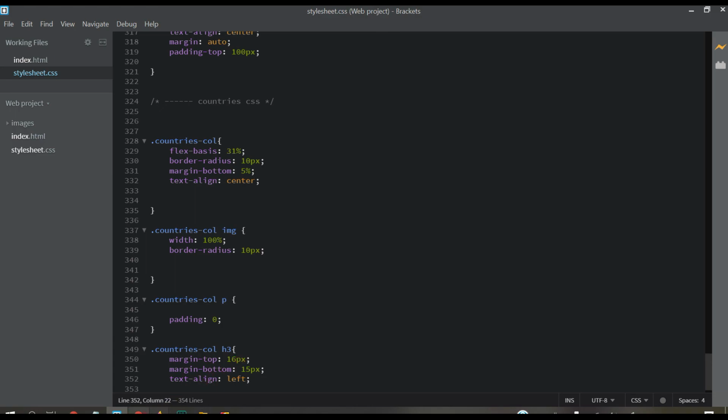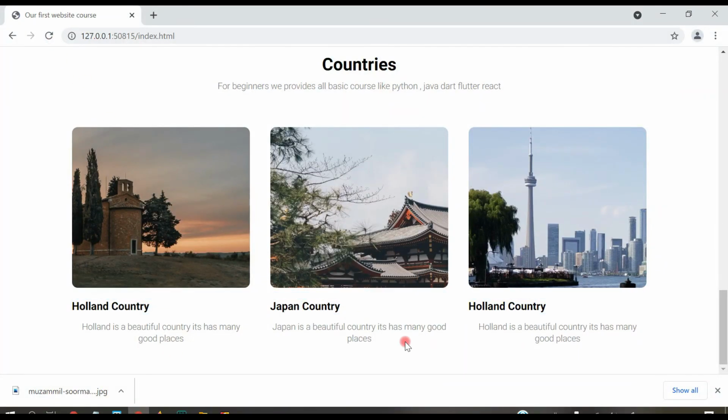Control S, let's see how it looks now. Perfect. Now it's looking very well.